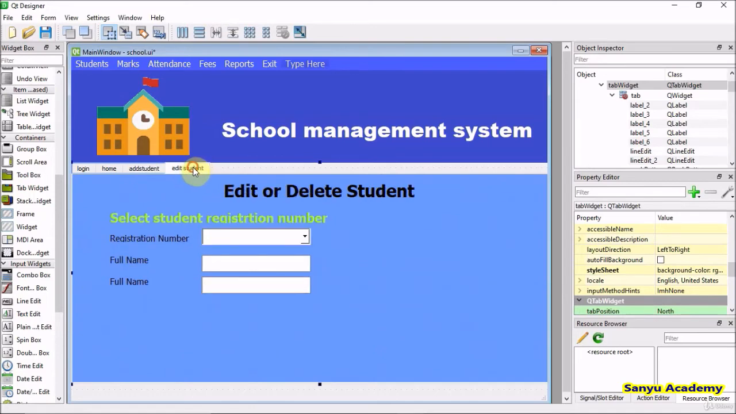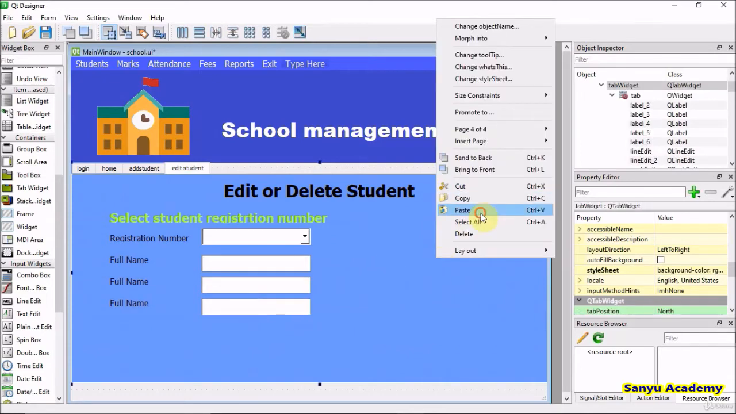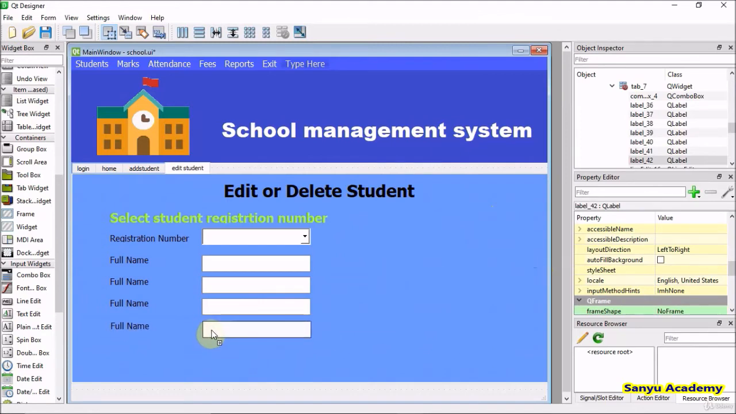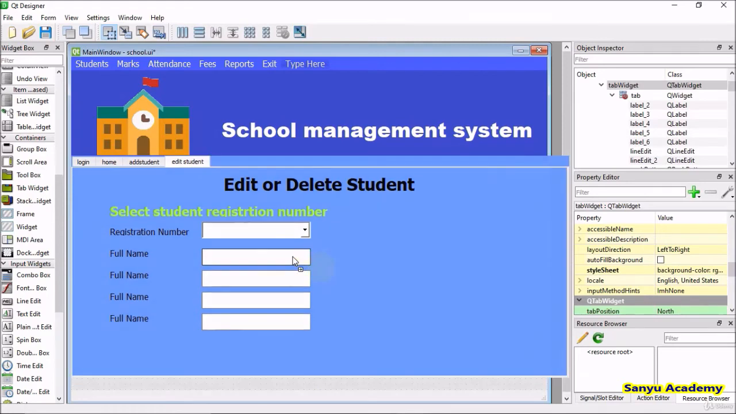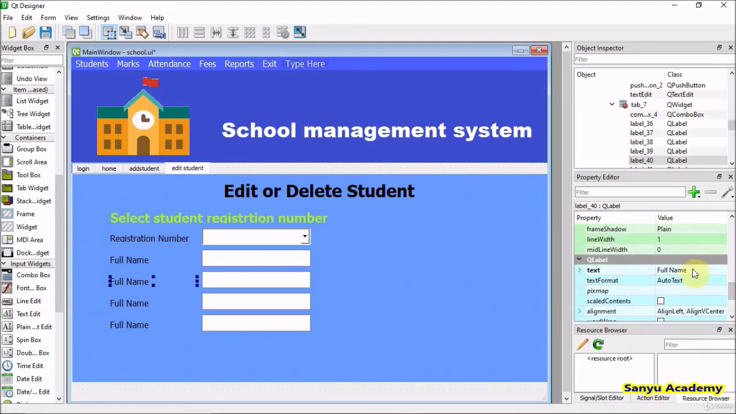gender, date of birth, age, paste, paste, full name, gender, select the text, full name, gender, date of birth, age. I'm going to copy this,